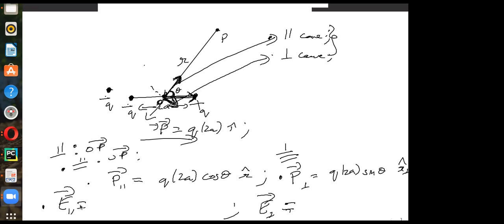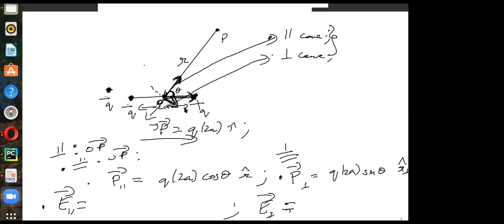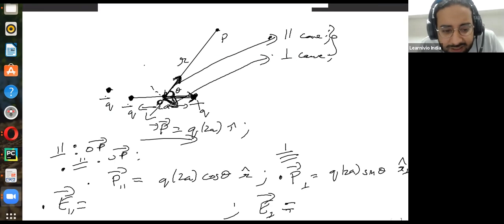We were given a dipole OP, right? No, the dipole is this, from minus Q to plus Q. We divided this dipole into half, and one of them was taken as OR, and the other one was taken perpendicular to it, right? OR? What is OR? Can you say that again? I didn't quite get that.